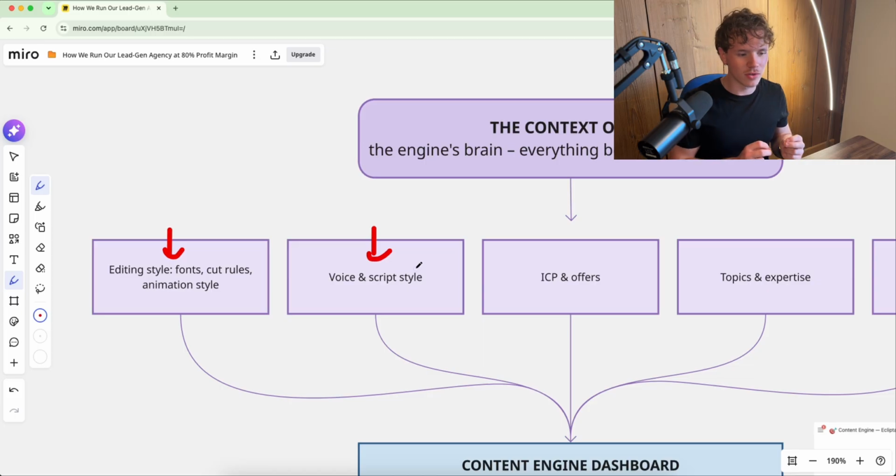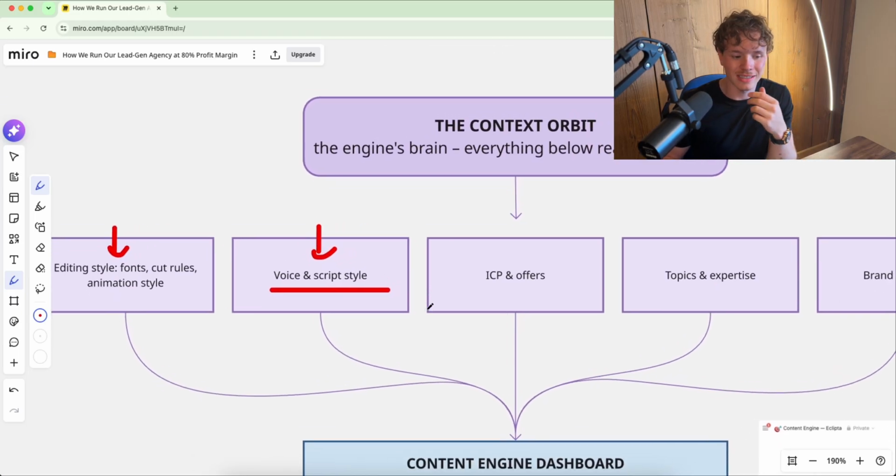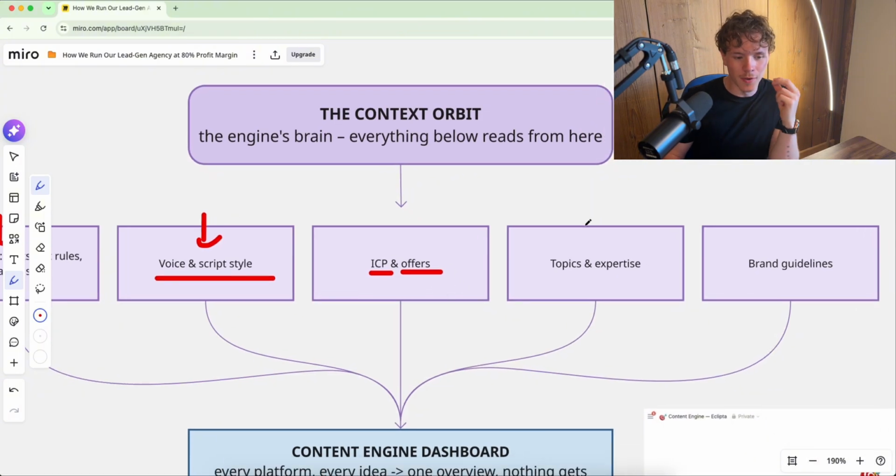So what this can now do is go through call transcripts and past videos of yours, and extract exactly that. It can save exactly how I sound, in my case, for example, how I sound like Noah. Then it should know all your ICPs in Office, because now it can make sure that when it goes about deciding what topics it can actually use,